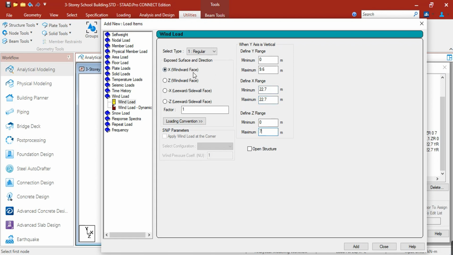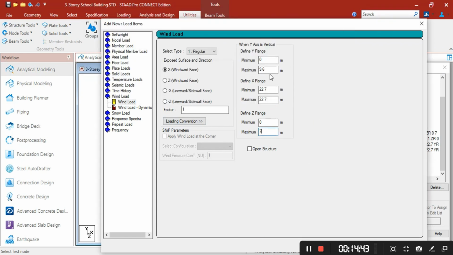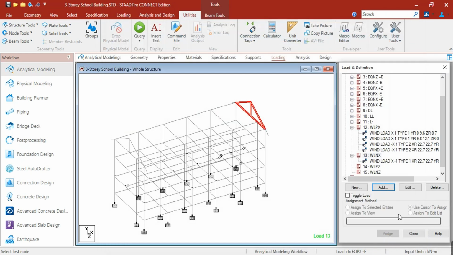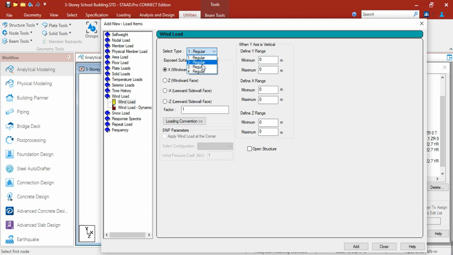So here, the X is windward. Then for the factor, this should be -1 since this is negative wind. Okay, if we click on that, so this is now for the wind load -x. Then let's add again for the roof side. So this is still windward.